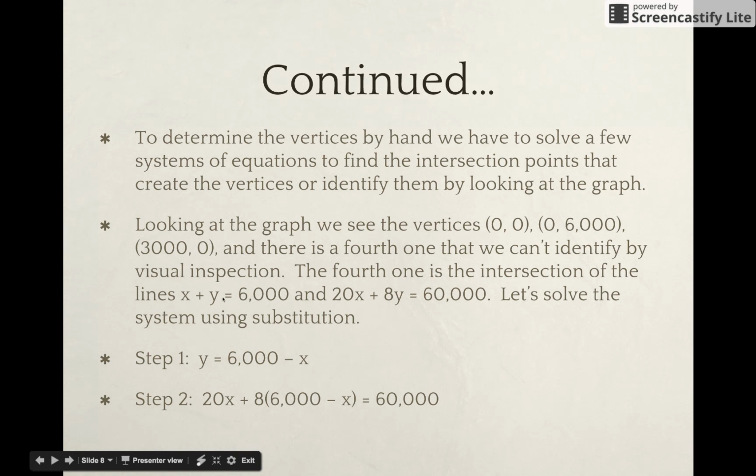Notice that these are 2 of our constraints, but we are able to write equals here because we are going to solve the system of equations to find that ordered pair where they intersect. We'll use substitution to solve this. First I will isolate y, and I get y is 6,000 minus x. Second, I will substitute y's equivalent name of 6,000 minus x,